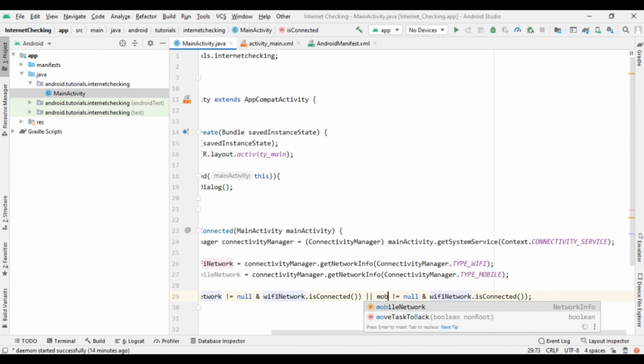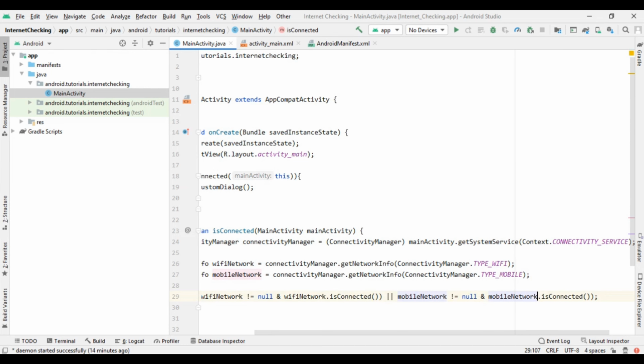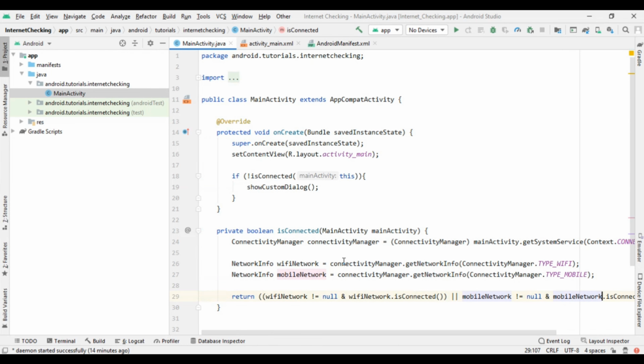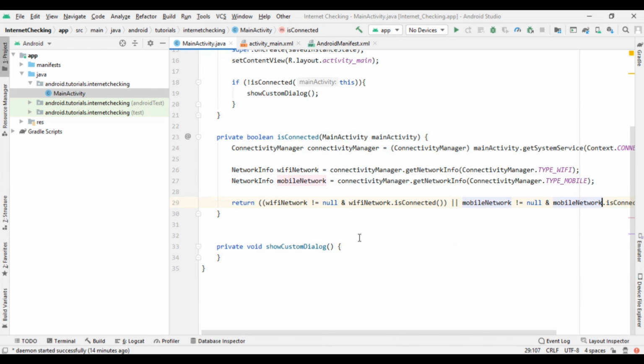After writing this we are going to check our connectivity, and then we will show the custom dialog. So the custom dialog will be like this: if our user is not connected with the network, we are going to write AlertDialog.Builder builder is equal to new AlertDialog.Builder and pass the context this, and then close that.